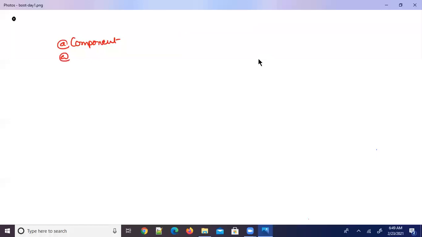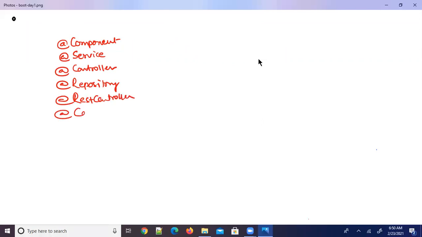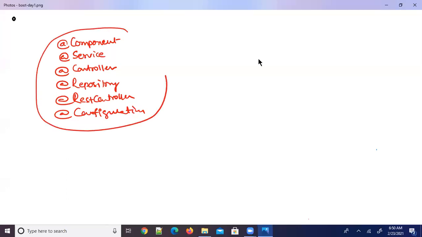Like @Service, @Repository, @Controller, @RestController, @Configuration. You know, right? These annotations in Spring are called stereotype annotations.